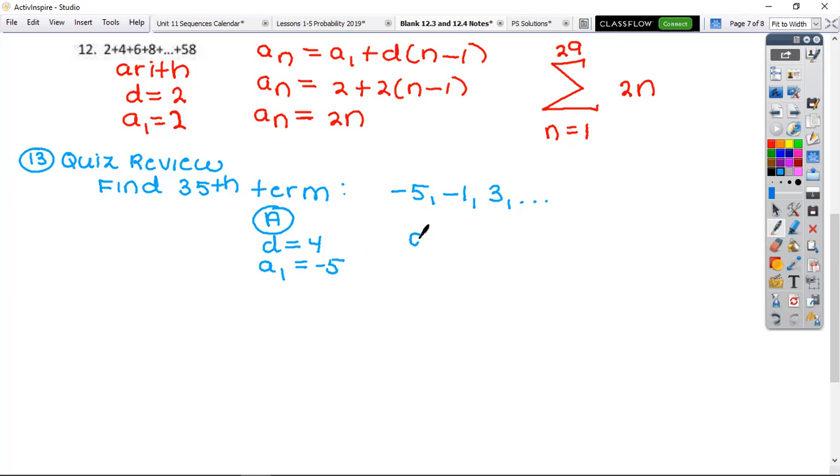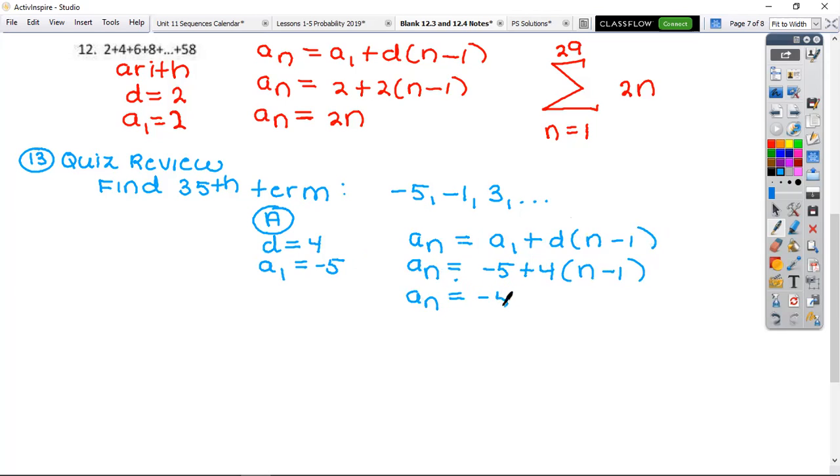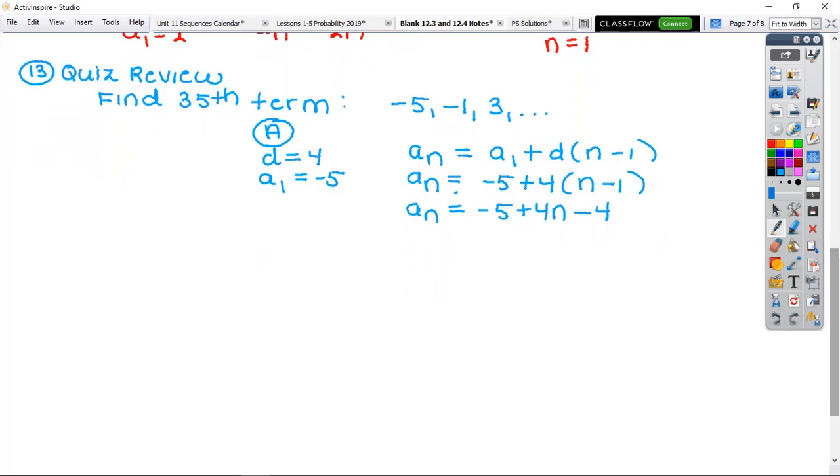So you're going to write the formula and then you're going to plug into this. Again, nice and easy. All right, so I sub in. So I'm going to have, I'll just write the formula first, sub in on the 35 after. So we're going to go -5 plus 4 and then n minus 1. So my formula would be -5 plus 4n minus 4. And I mean, if you want, you can combine like terms to make it a little bit faster